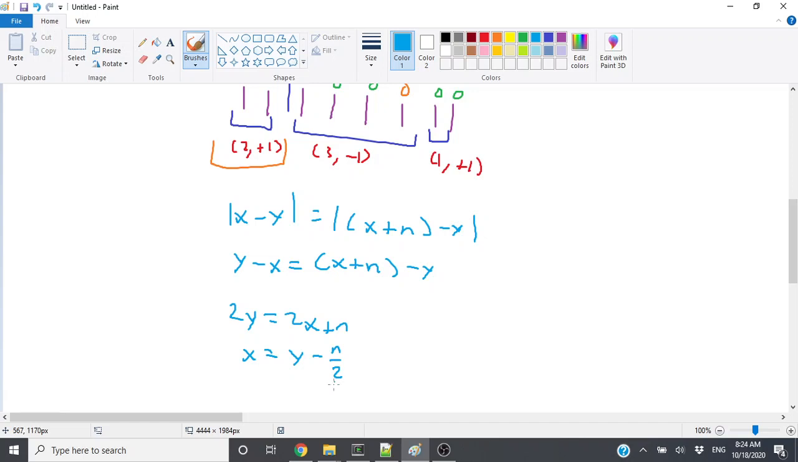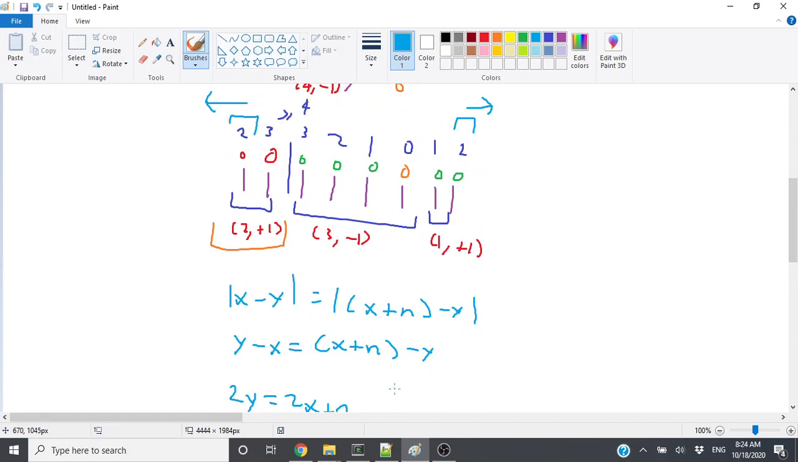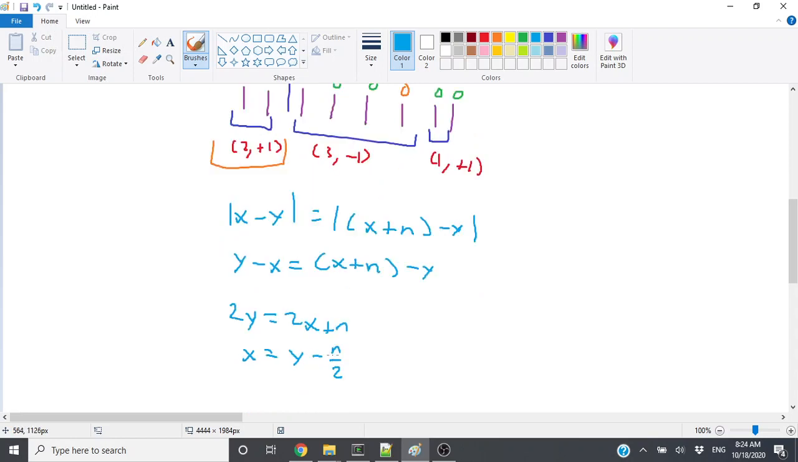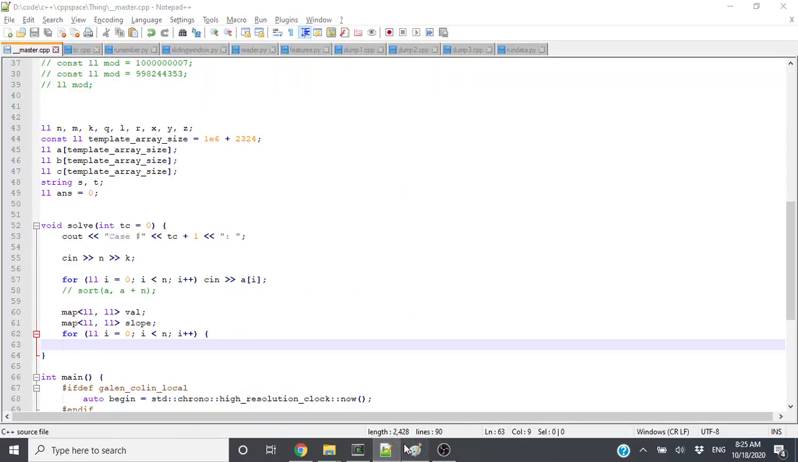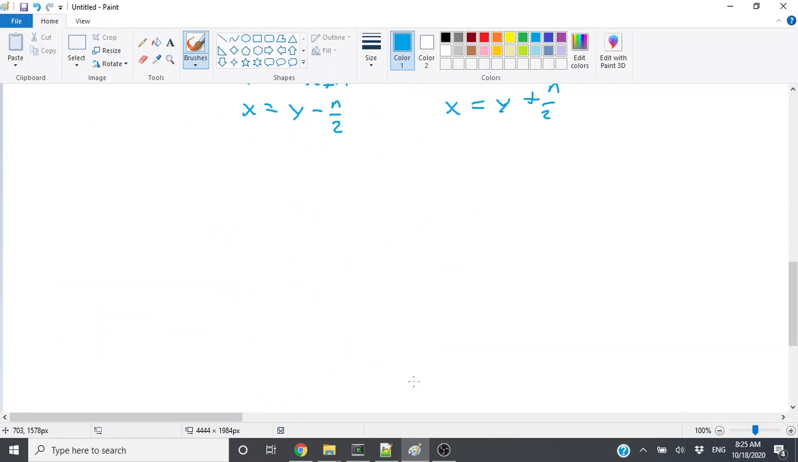And then if we're interested in the minus, it's just the same thing but plus n over 2. Okay, so assuming this is y, the point of interest we have is y minus n over 2. And assuming the other one, we have x equals y plus n over 2. So therefore, these are going to be these points of interest, I think. And if it's odd, then